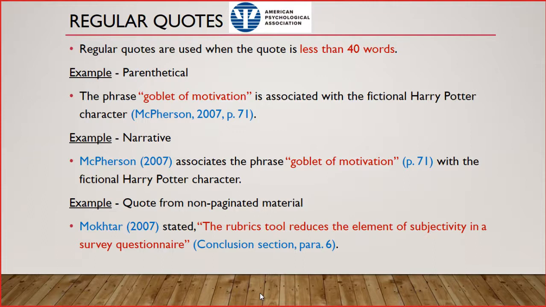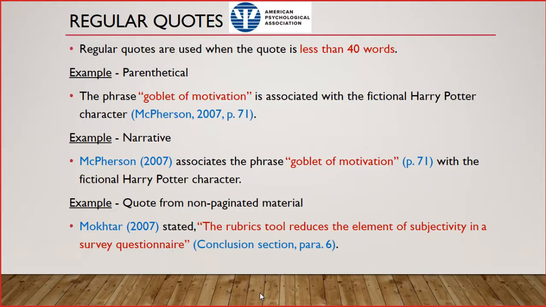That is actually the code. But here because there is no page, I put in the conclusion section. If there is a section, the name of the section is conclusion. So conclusion section, comma, in the section there are many paragraphs. So let's say this is paragraph 6,